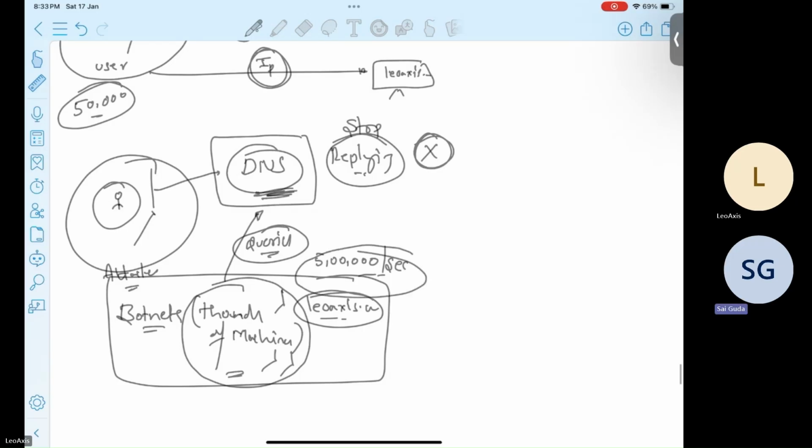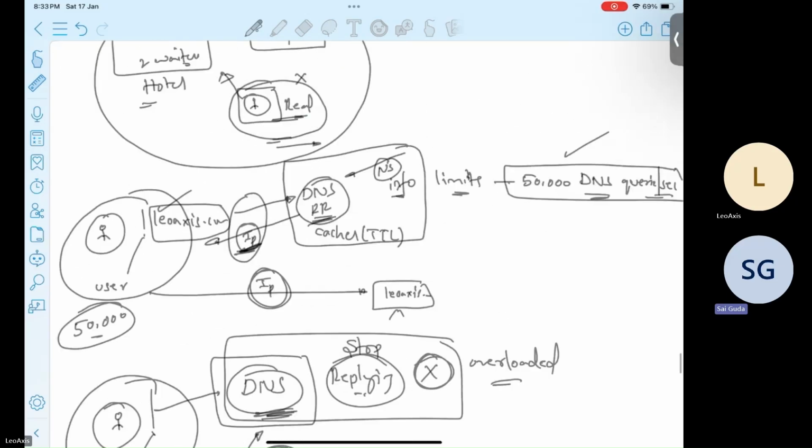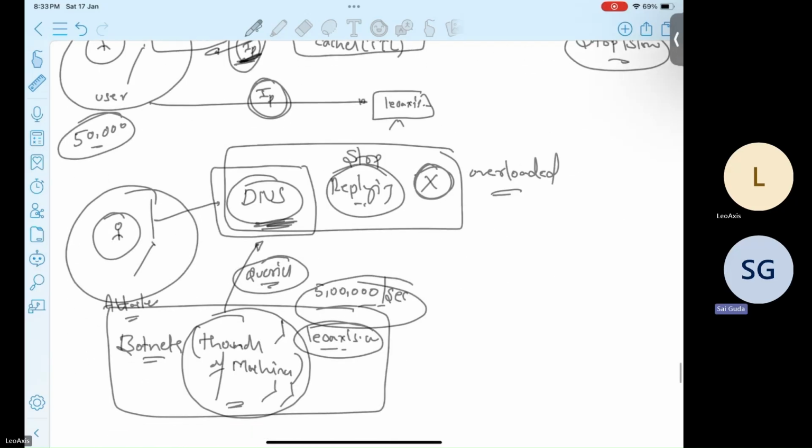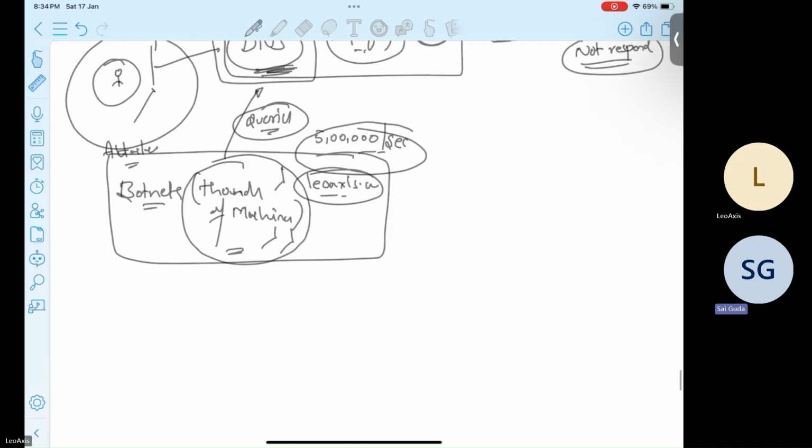Do you think the DNS will be able to respond to 5 lakh customers per second? No, the DNS is overloaded. We are putting pressure on the DNS because it is reaching its limits. If it crosses more than 50,000, it will definitely stop or slow down its responses. So now the DNS server becomes overloaded and starts not responding to the customers. Now, whenever there are legitimate users searching for leoaxis.com,